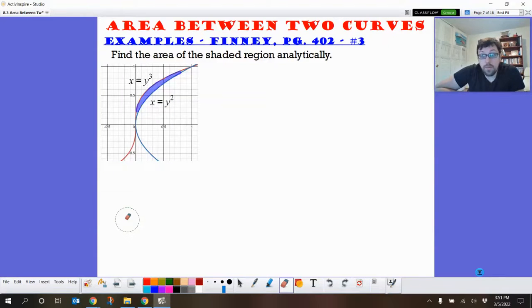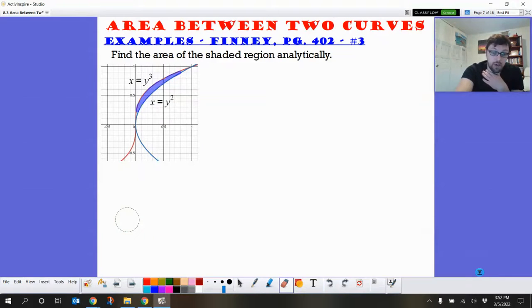Now, for this one, we get x equals y cubed and x equals y squared. So we can't use that top minus bottom if we want to keep these functions as they're written right now. What we can do alternatively is picture that idea of top minus bottom and then rotate it. So rather than doing top minus bottom, we'll do right minus left and find our derivative with respect to y